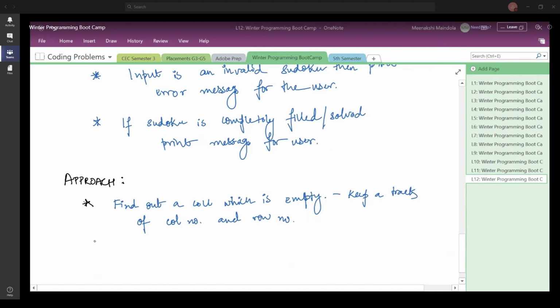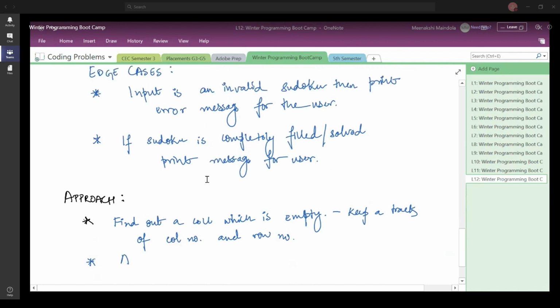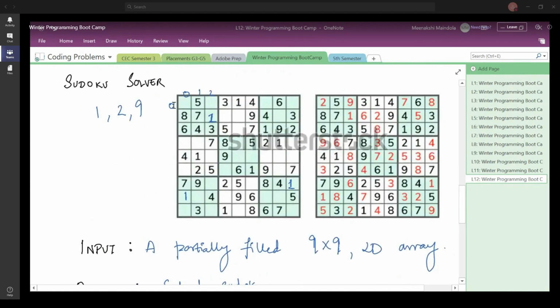Now how do you move ahead? The approach that we are going to discuss is the recursive approach. The next thing that you do is you simply assign a number to the empty cell. Let us say I wanted to put in the number 1 here.